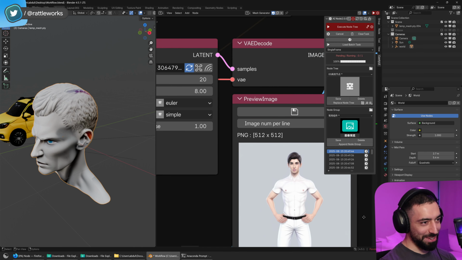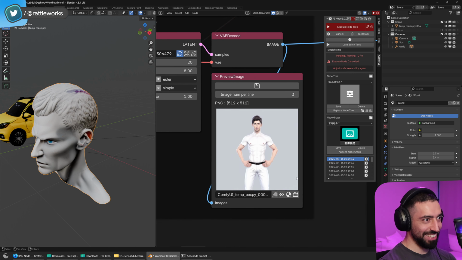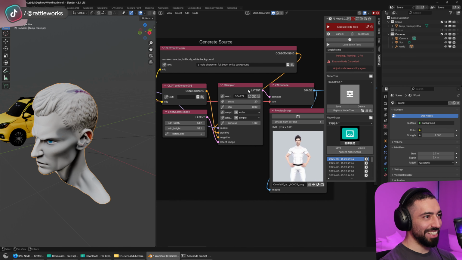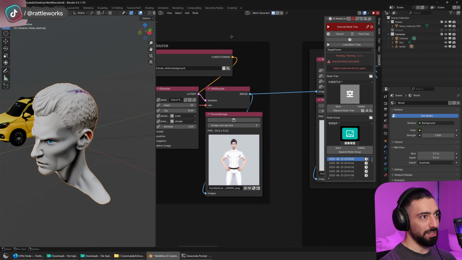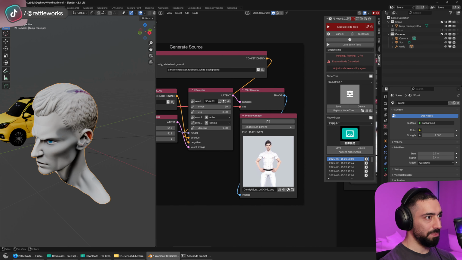This is such a weird image. Oh, what the hell is this? Oh, I lost the seed. It's such a pity. That was a... Oh. And I forgot to disconnect it from the generator. Okay, let's